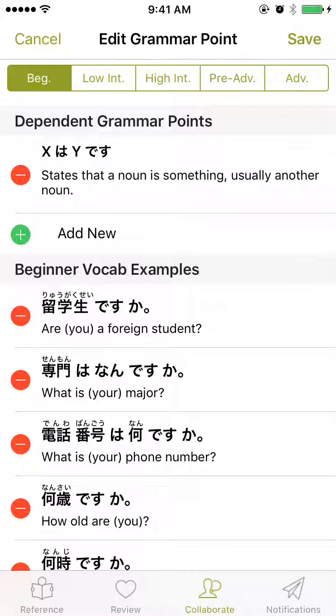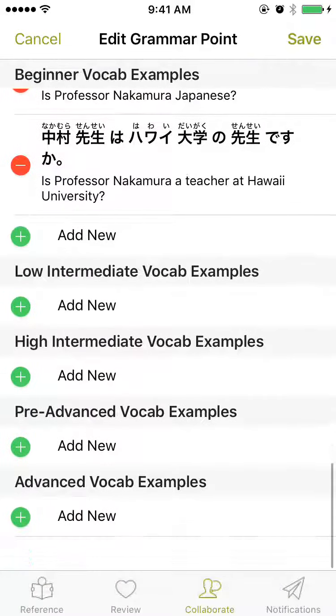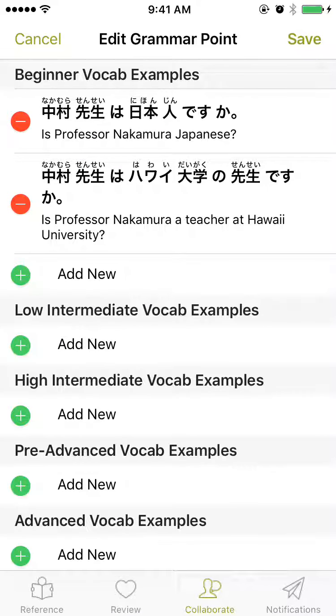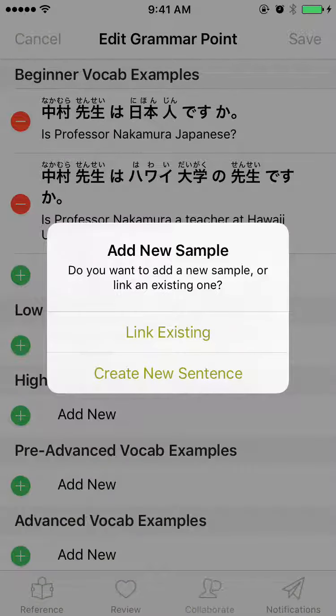In a similar way, we can add or link sample sentences to a grammar point. Let's go ahead and do that now by tapping on the plus button in any of the vocab examples sections. When we do this, we'll get a prompt asking us if we want to link an existing sample or add a new one. This is really a time-saving device, as often you'll want to create new samples. If we tap Link Existing,